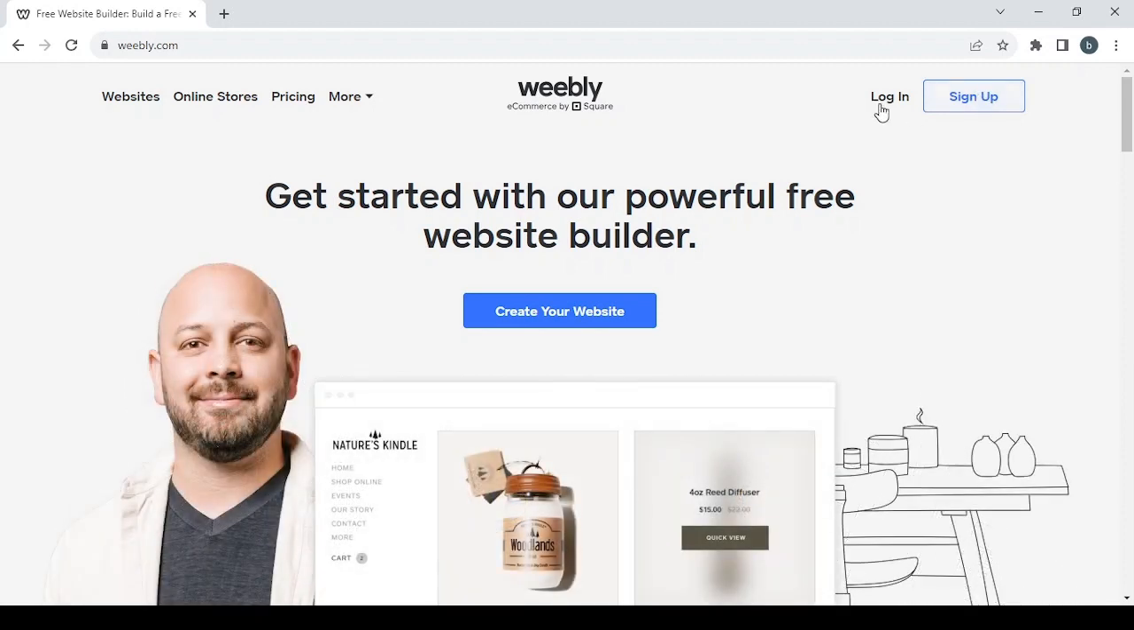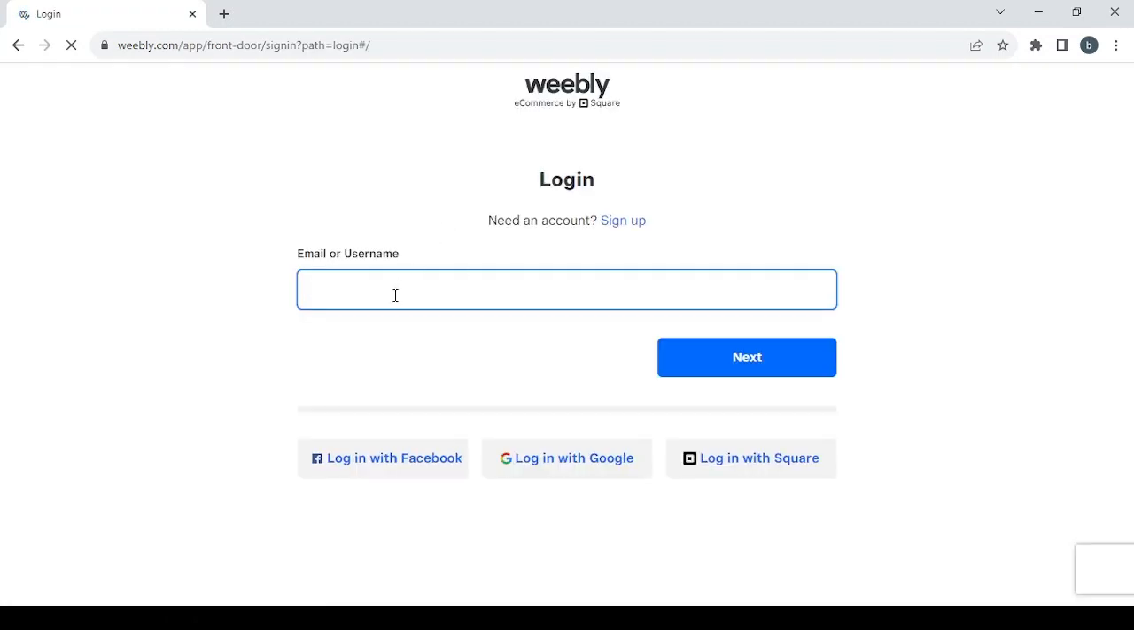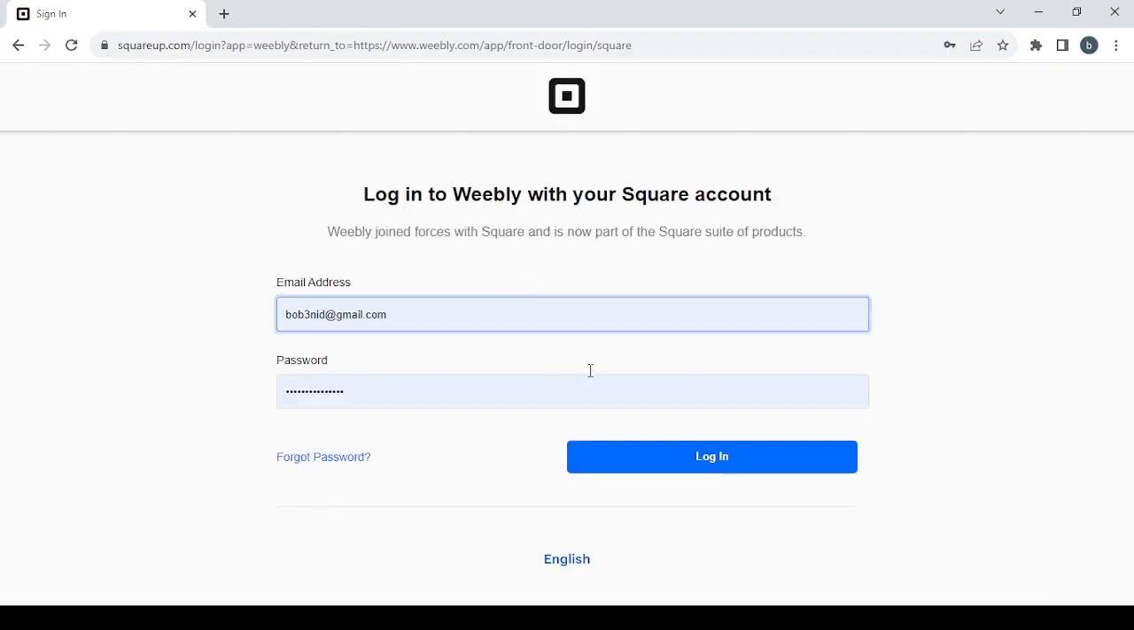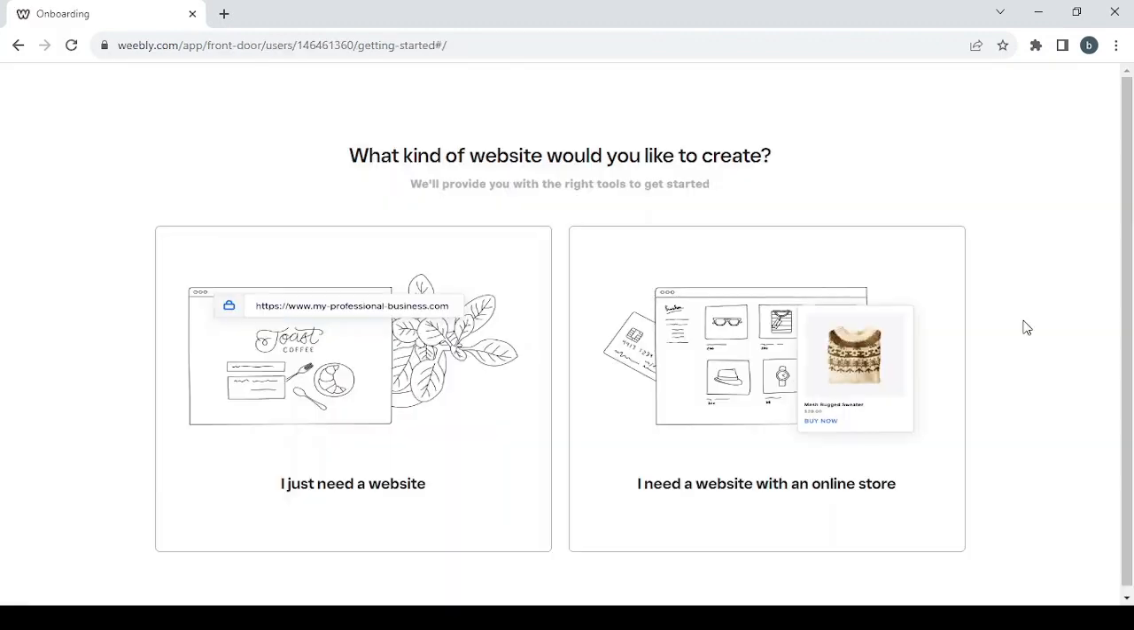And if you already have an account, you just go with login and then you type in your email or your username. Then you click on next and you proceed to type in your password. So after typing your password, you just click on login. Then you choose one of these steps if you just need a website or if you need a website with an online store. So let's go with the second option